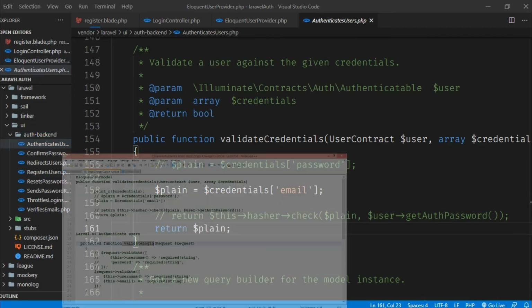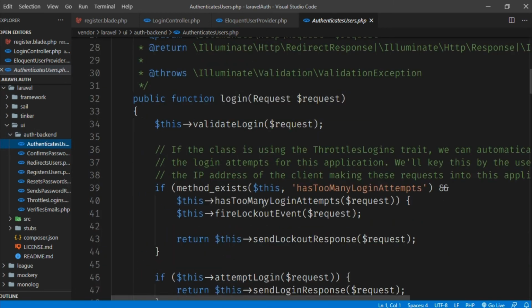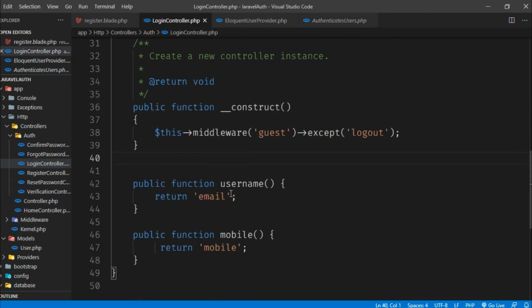Let me go here, authenticate users, which is another auth backend, and there is a function known as validate login. So this is the thing, validate login. Now guys, just remember, in the login controller we are using username to be email and mobile.